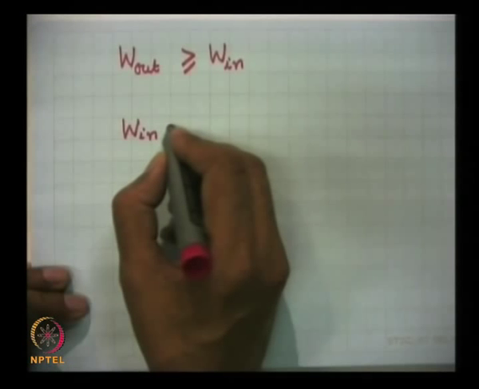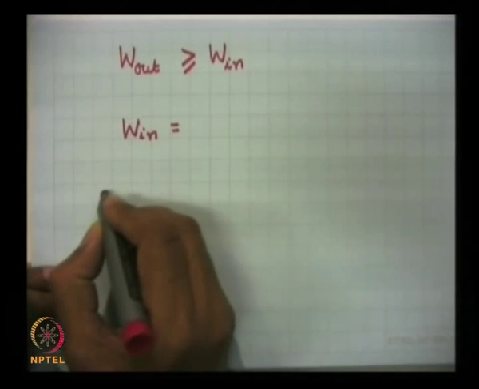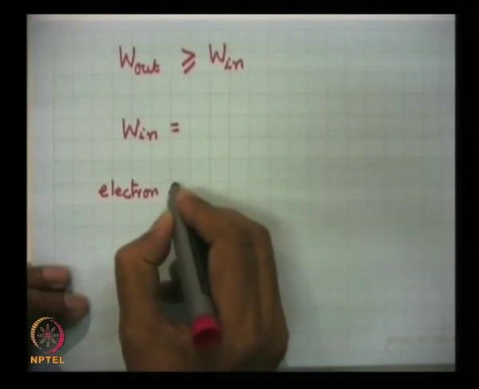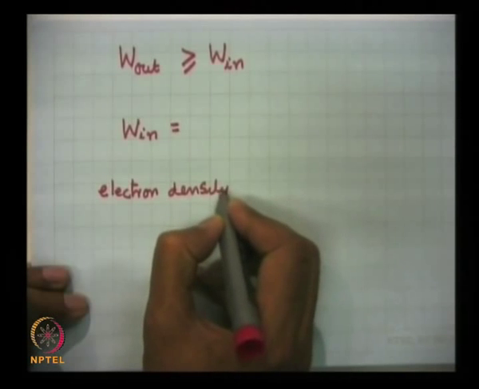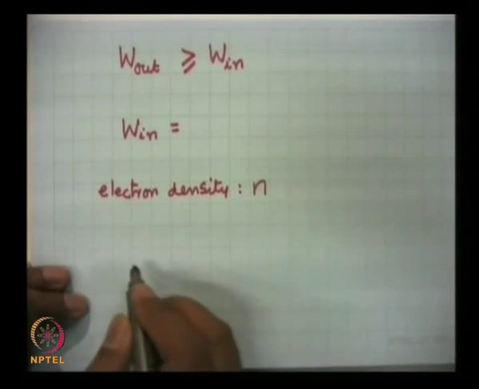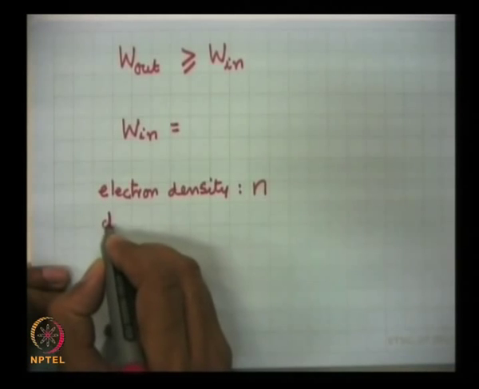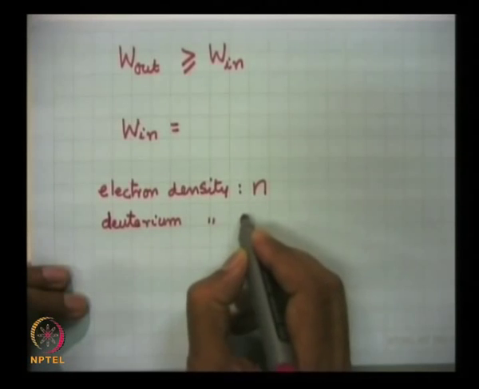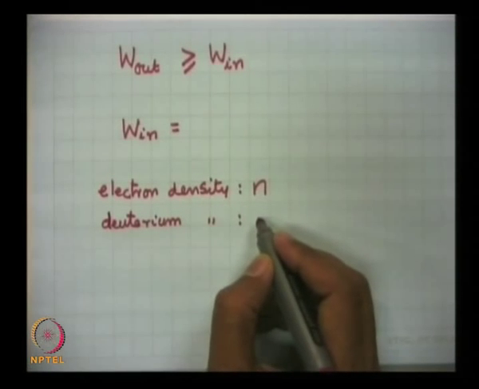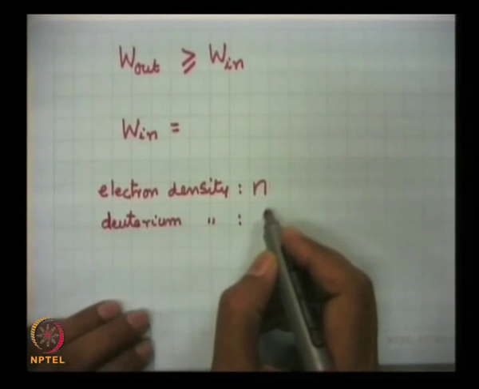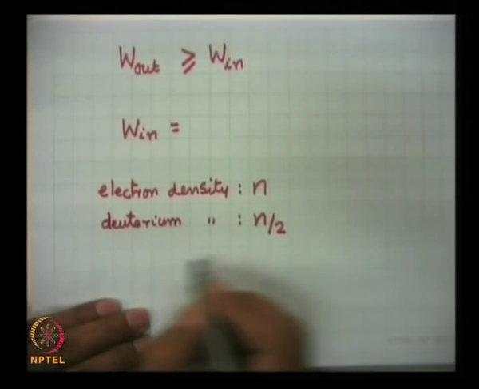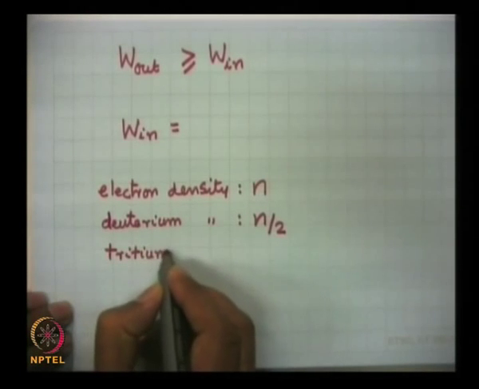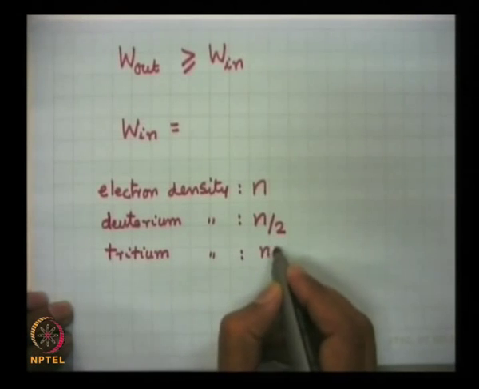If your system has, suppose, electron density as n, obviously deuterium density would be half of it, because half the electrons are released by deuterium and half are released by the tritium. So, this will be n by 2. Tritium density I can take to be n by 2 also,